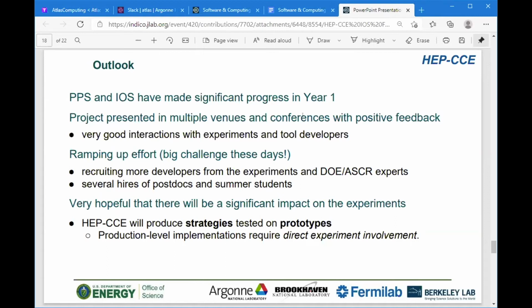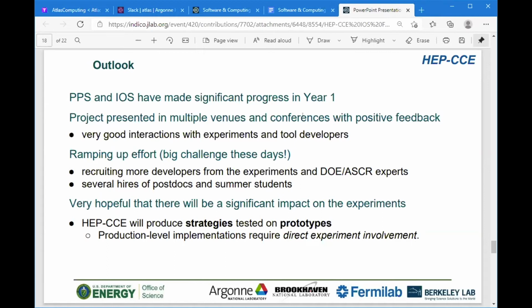We try to foster good interactions with experiments and tool developers. The effort is still ramping up. We started a year ago, and it's still ramping up now. Since a year ago we have had COVID, which makes ramping up a little bit harder, but we have been able to